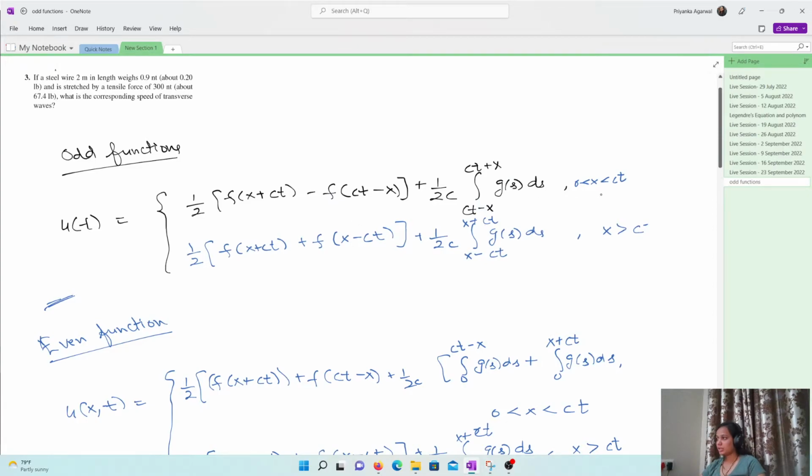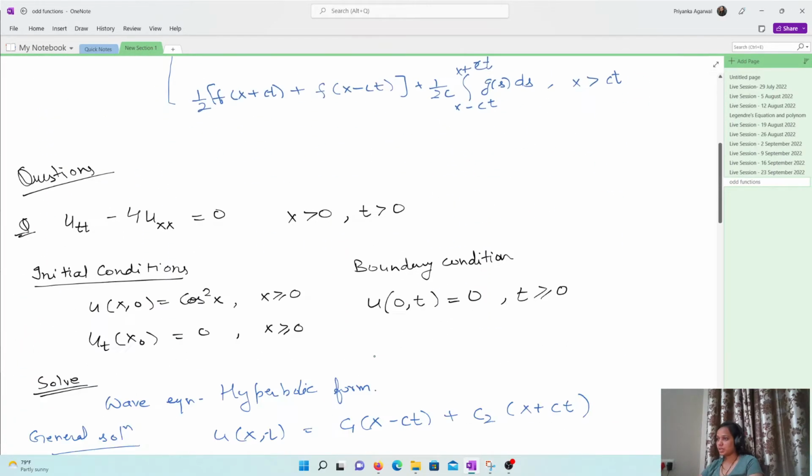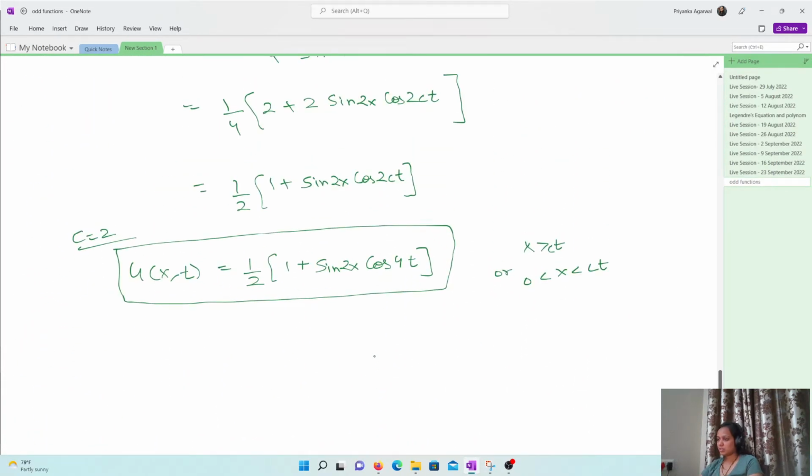And here we have actually solved for x greater than ct, but a similar thing can be done for x less than ct. So this is for x greater than ct, or we can say x greater than 2t,